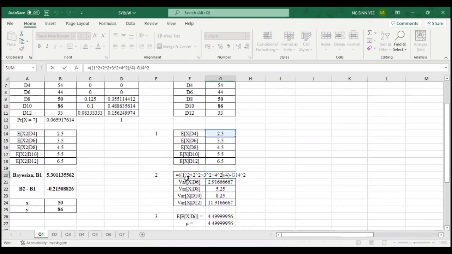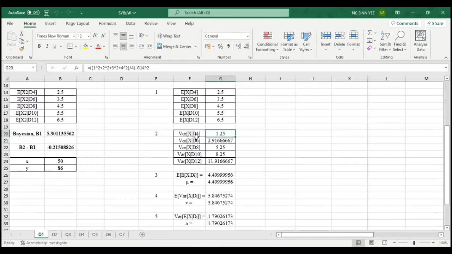So for example, in dice 4, it has the values 1, 2, 3, and 4 in it, and we just need to square the value and divide it by 4, because it all has the same probability to get all of these values. And we just need to deduct the square of the expected value and we will get the value of the variance in the condition of dice 4, and we will do the same procedure to all of those dice